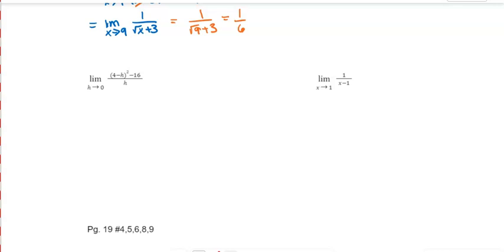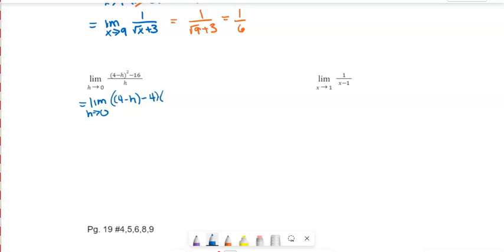I'll do another one. In this one, I've got 4 minus h squared minus 16, and I'll divide it by h. Well, I know right away that I'm going to have to cancel out this h on the bottom because I can't divide by 0. So I see here that this is a squared term and 16 is a squared term. So I'm going to start by taking a difference of squares. So I have 4 minus h as the square root of 4 minus h squared minus 4